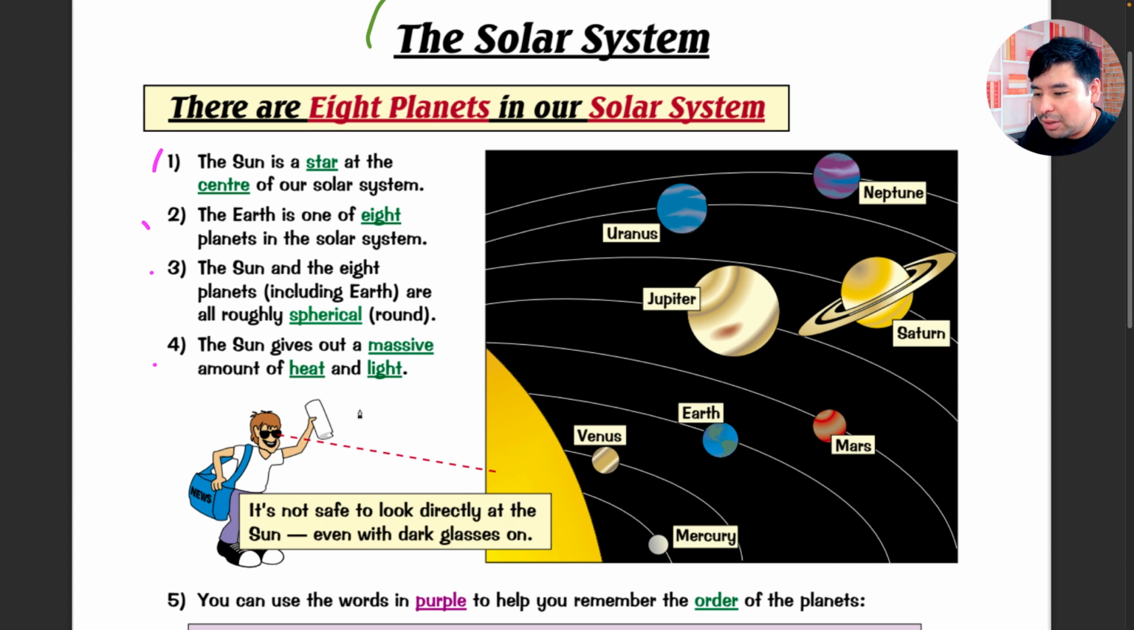are all roughly... take a look here. We have 2 new words, the one in green and the other one. So listen to the pronunciation. Roughly spherical. Roughly spherical. Do you understand that word? Roughly spherical. Okay, so I'm going to give you a hint. Roughly spherical here normally gives the idea that it's kind of